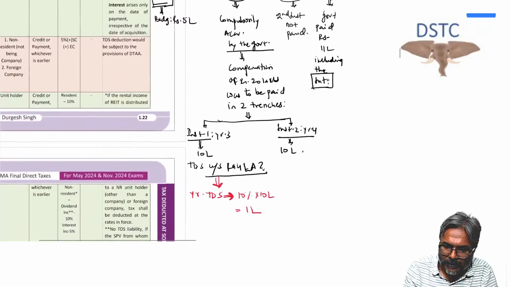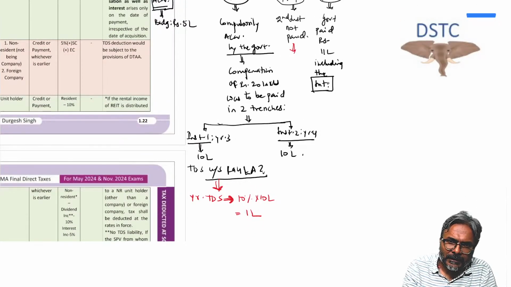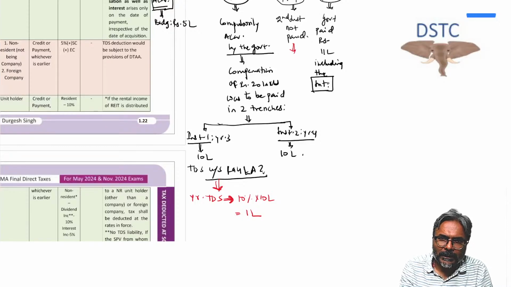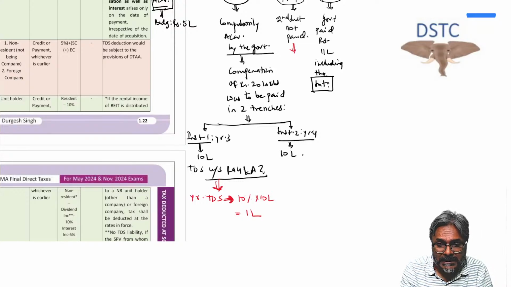In year 4, though the credit is already given to the owner, the government has already given the credit in their books that we are supposed to pay him 20 lakhs, of which 10 lakhs is already paid in year 3. But 10 lakhs is still payable in the books of the government. So is it to be deducted on credit basis or on payment basis? On payment basis. So no TDS, students,